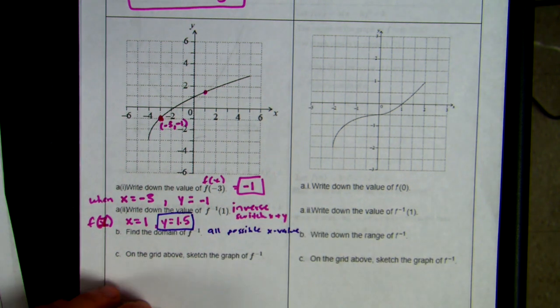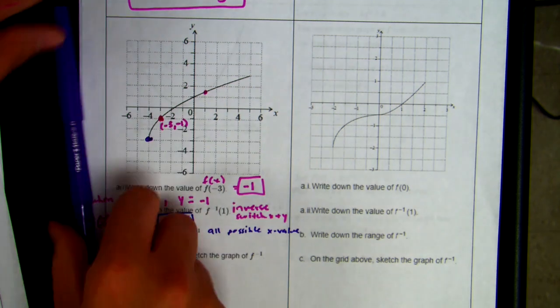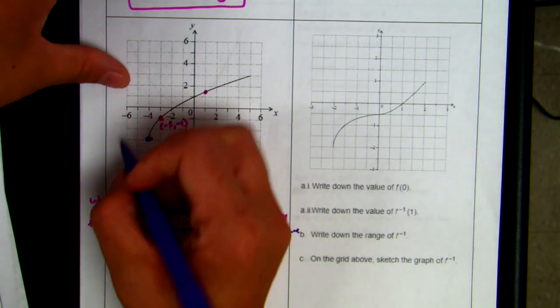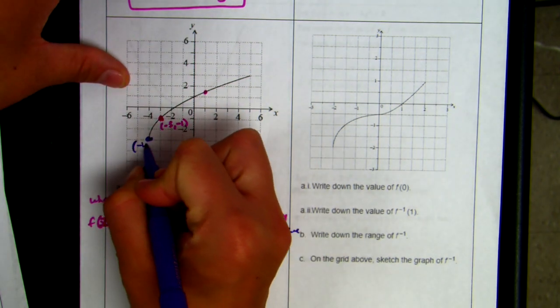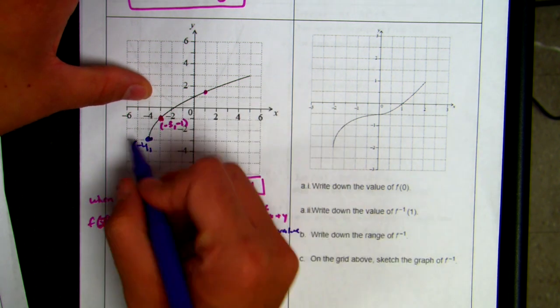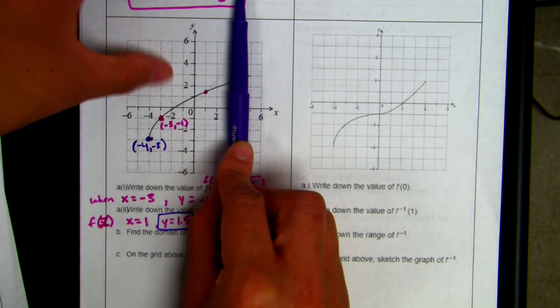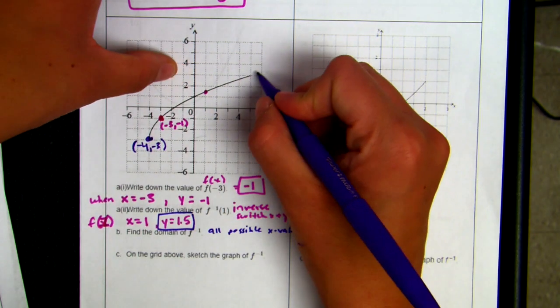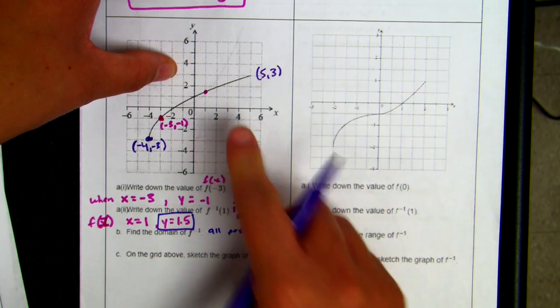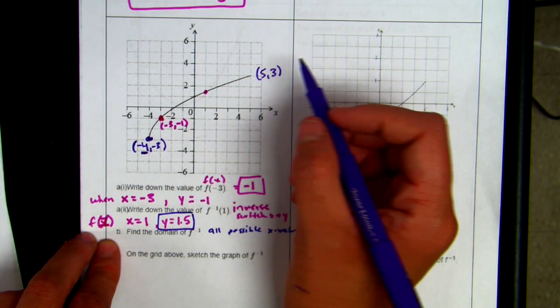So on this function, I'm going to look at my lowest x value. If I took my pen, the first x value I hit is negative 4. The y value of that is what, negative 3? If I go all the way over, the last x value I hit is at 5, positive 3. So my domain would be just those x values